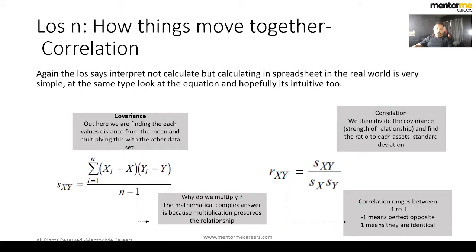Coming to the discussion on correlation. Remember we had plotted the scatter plot in which we are trying to understand the strength of how two values or two assets move together. Whenever we are interested in understanding how these assets move or do not move together, we are referring to correlation. For example, if you were to plot gold versus equity, you will see that when gold goes up, your Nifty might go down because they have an inverse relationship. And it makes sense from the perspective of gold being a safe asset versus equity being a risky asset.